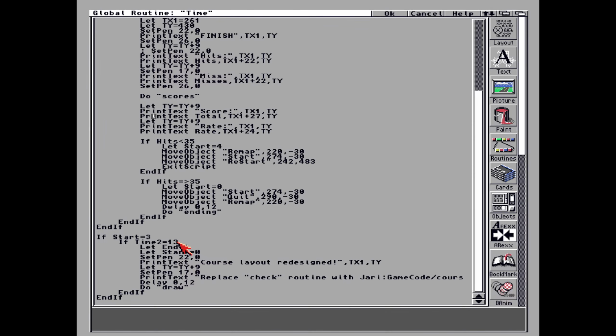And if time 2 equals 13, for some reason, I don't know why time 2 should equal 13 in particular, it basically ends the course layout redesign section and prints that on the screen. So that definitely needs to be rewritten. If time 2 equals... I'm gonna have to think about that. But anyway, it's supposed to, once you've finished redesigning everything, it changes start to 3, which in this case, when you're running the time routine, it just simply prints that on the screen,